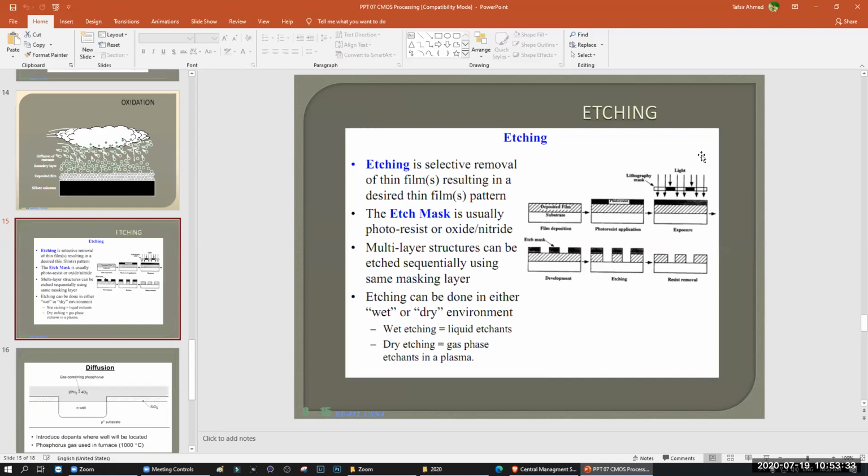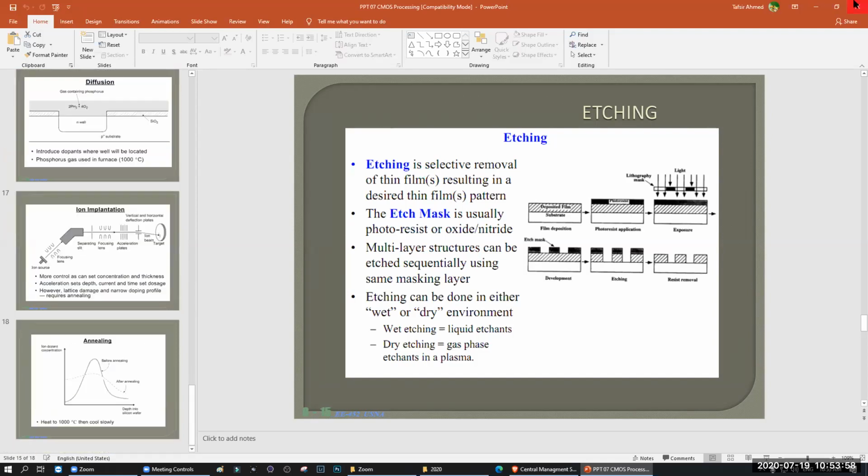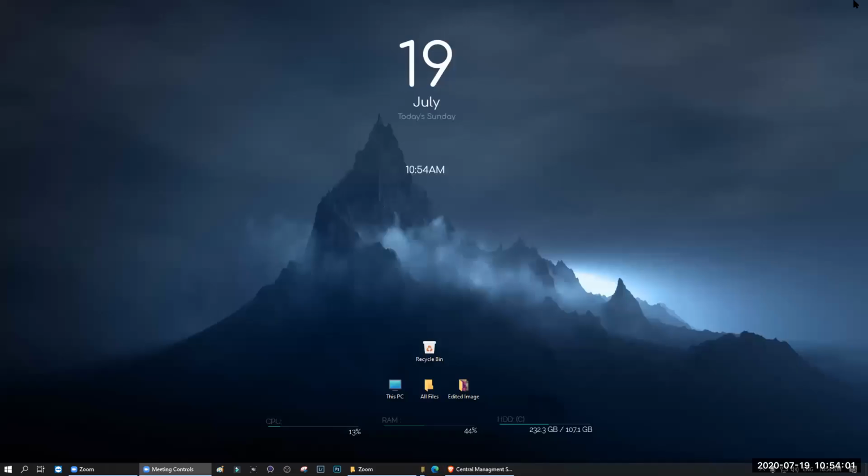Etching means you apply a glass mask and give some light, that is UV light. Those light-exposed parts will be insoluble. Then when you apply a chemical, the other part will be etched. Those are the processes that I have already told you. Those are actually described in detailed form, so I'm not going to go into that.